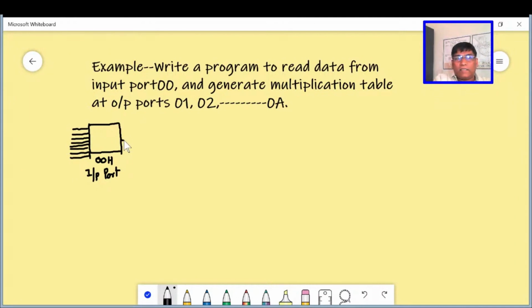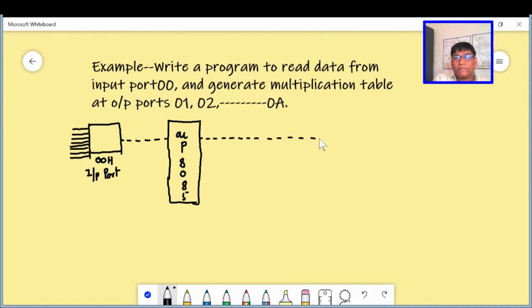And depending on this input port, mu p has to read this, take the data from input port. This is our mu p 8085. This mu p will take the data from this input port, and then it has to process the data inside, and then it has to generate the multiplication table, and this multiplication table